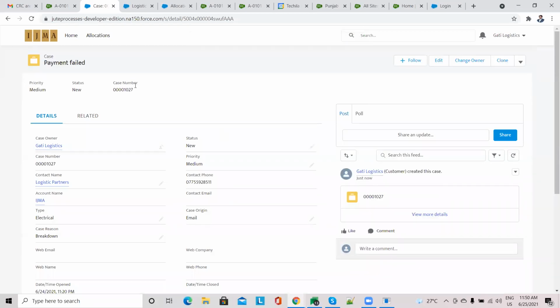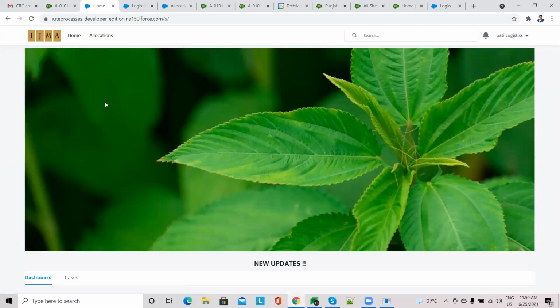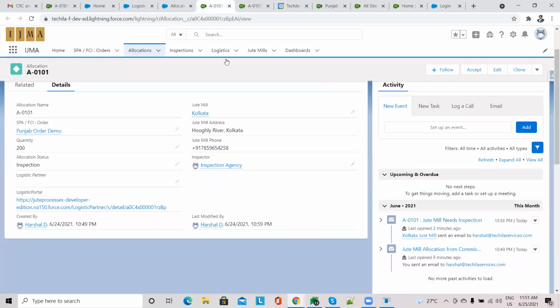I think apart from payments, we can also track inspection delays or logistic issues, or if the jute mill has time constraints in terms of production timelines. If there is anything happening, they can raise a case. Correct. So if the inspector didn't show up, or there was some issue with the inspector, all those things can be raised as a case, and it can be redirected directly to the commissioner officer. So the commissioner officer sees everything. The commissioner officer is more like a system admin who sees everything in and out.